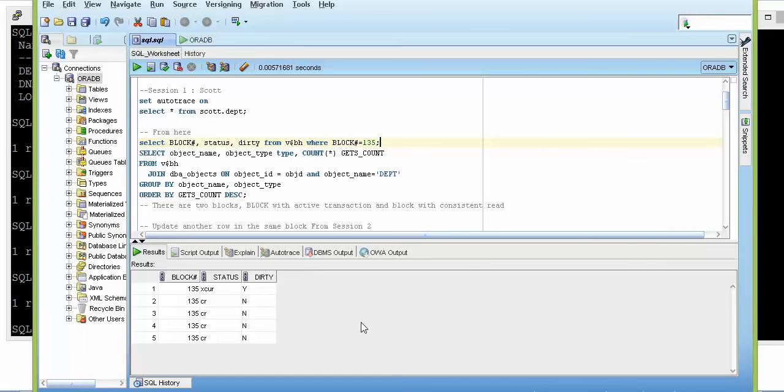But definitely there would be problems with this buffer chain. I call this buffer chaining, and this particular buffer chaining might be a problem when there are resource issues on the database server. And this is how the Oracle database buffer cache works for consistent read operations.